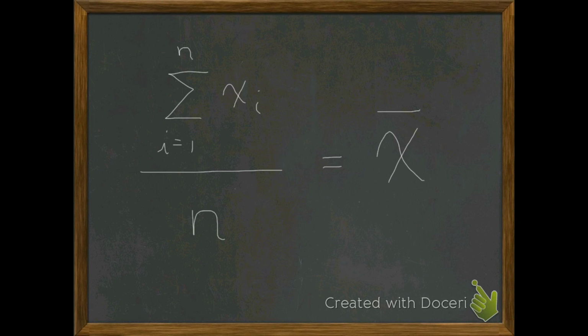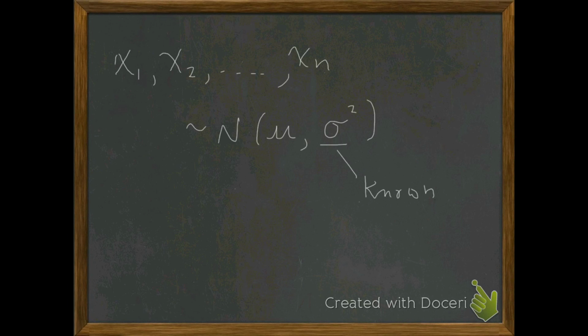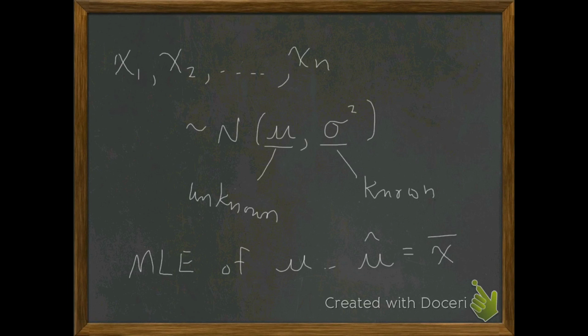So what we found is, from our observed data that comes from a normal distribution with unknown mean, known variance, that the MLE of mu is x bar. Exactly what we thought it